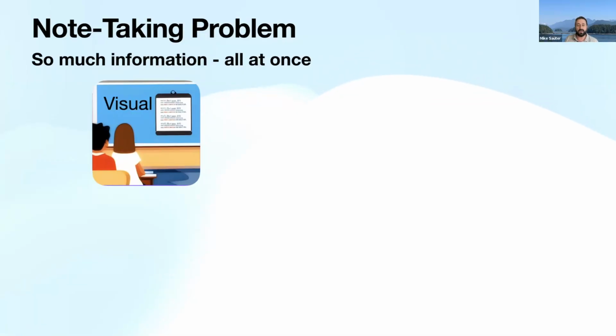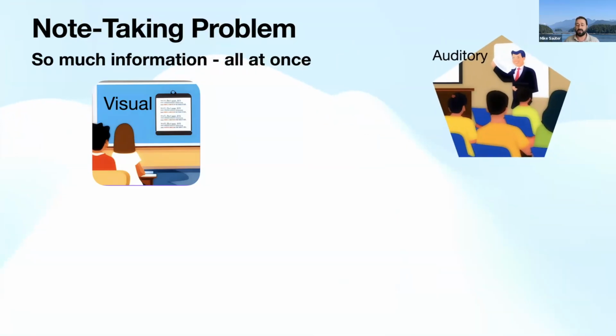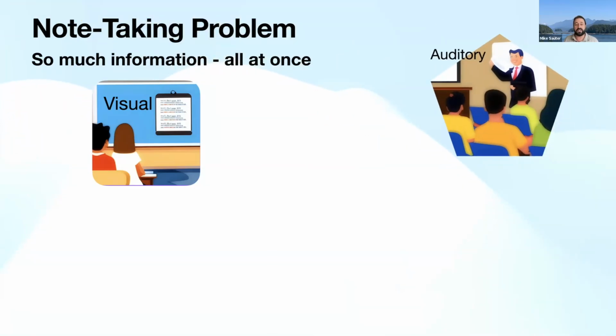For one, there is visual information that is usually being presented to you in class. This is information on the board or on the projector, in the slides, maybe charts or diagrams, things that you've got to be able to see and use. So that's one aspect of the class lecture. The other would be the instructor themselves, standing in front of the class or behind the desk or a podium giving the lecture, and you've got to be able to process that information as well.